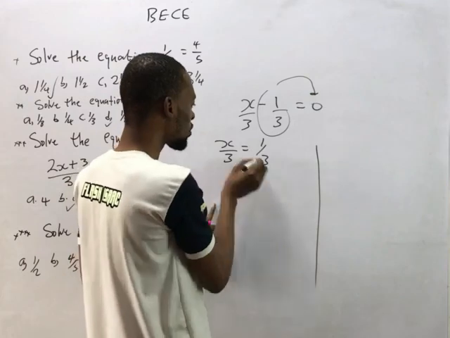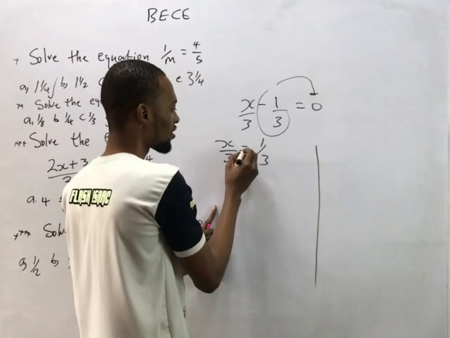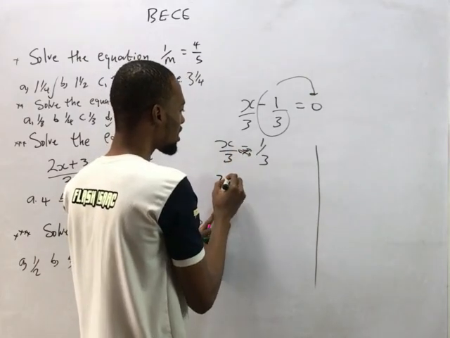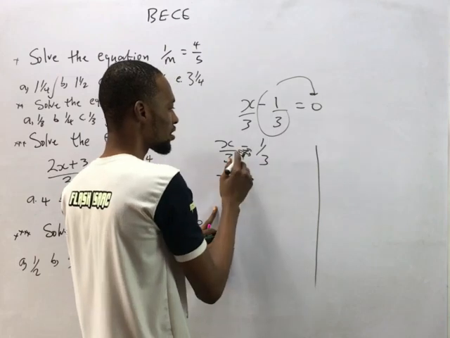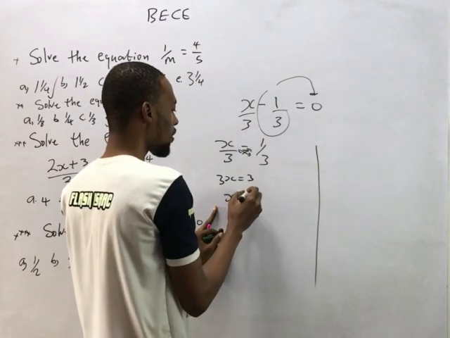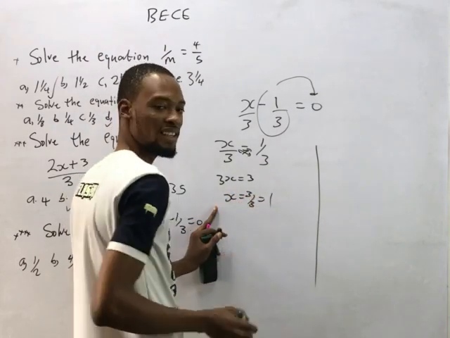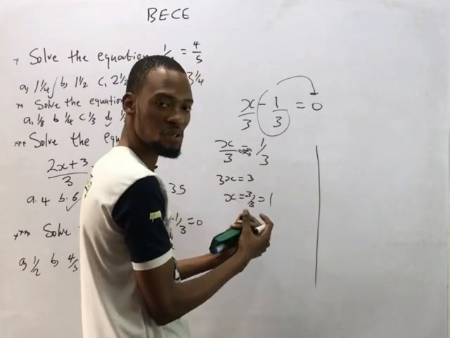Then you cross multiply to have 3s equals 3. So s will give you 3 over 3 equals 1. You can do it this way,